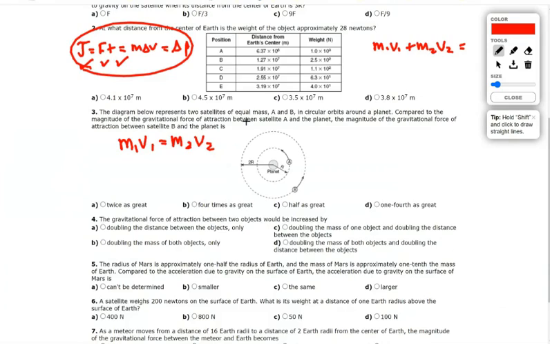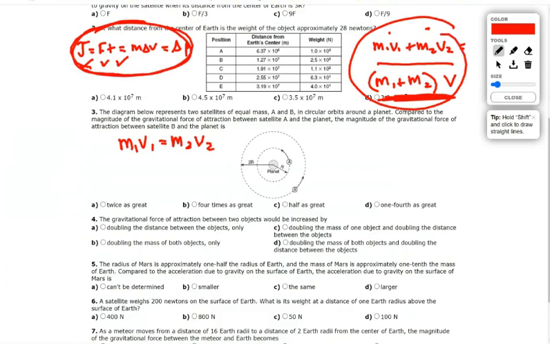If I ever did something where there are two objects in the beginning, but then they collide and attach, well, what do they become? They're now not two objects, but one object with this mass and that velocity. So this is when they collide and attach afterwards. They have two things, they hit, they collide and attach, then they become one thing. So what else is there? That covers the momentum. So this is for when they mention any of these things, use this. When they talk about collisions or things pushed apart, you use that.